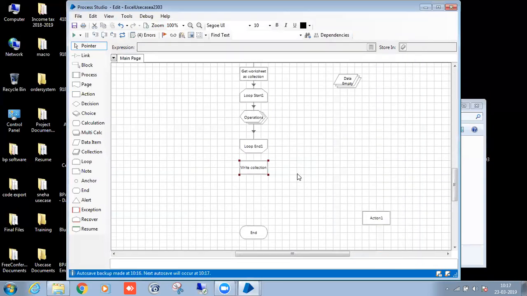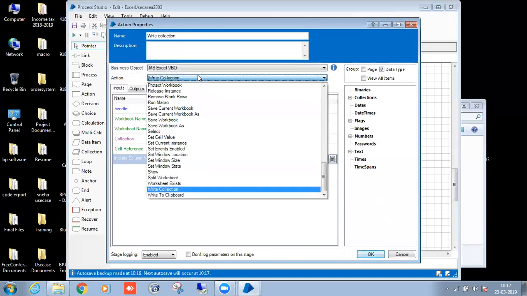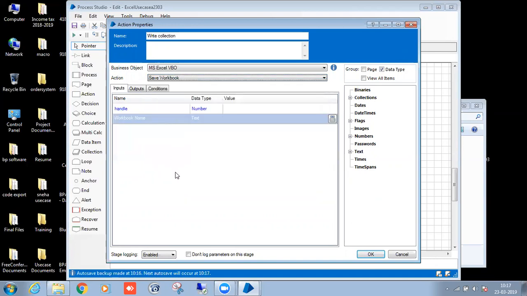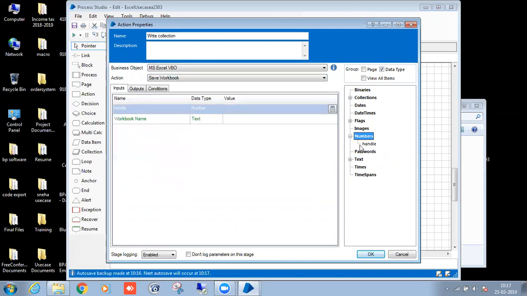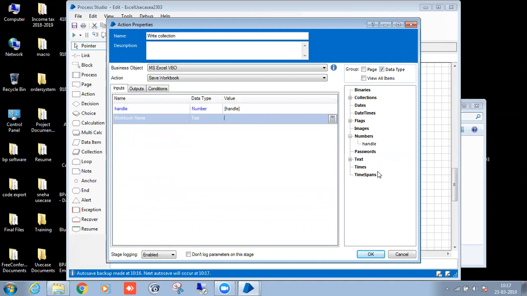After writing the collections, what will we do? Save workbook. Handle, workbook name. For all of these, we have to check what the inputs and outputs are. Those inputs you have to give properly.